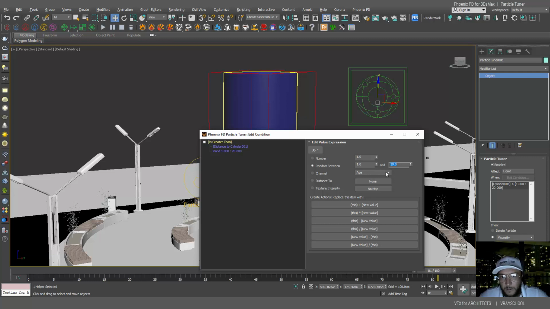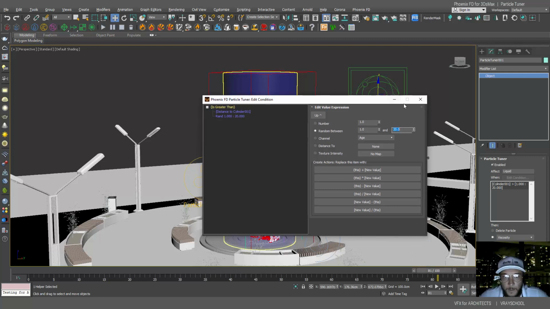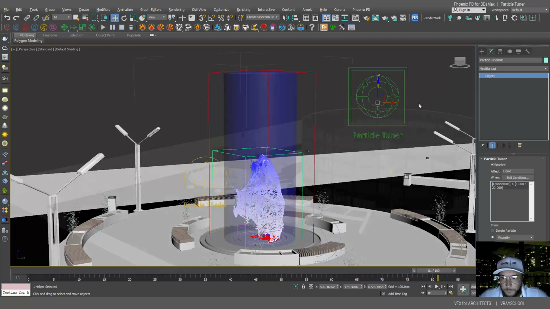So this is a very good limiting option. If you want to have more random spread around, you can increase that amount and do, for instance, from 0 to 50 frames. Depends on your simulation. But this is what's going to kill those particles. And it's going to choose the random amount of frames between 1 and 20 frames. So basically almost a second. Okay, so now this being set up,